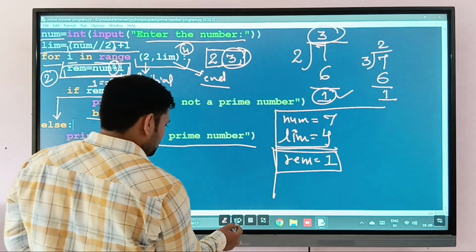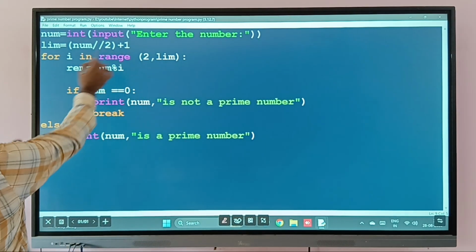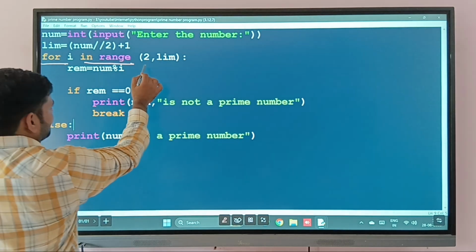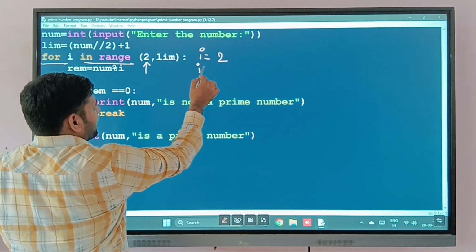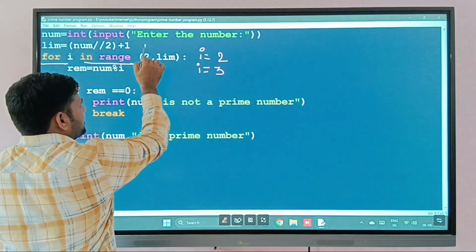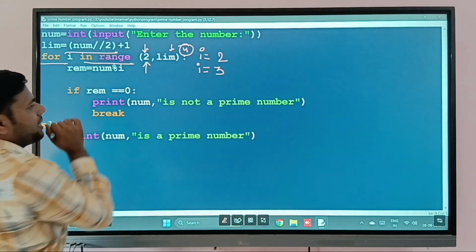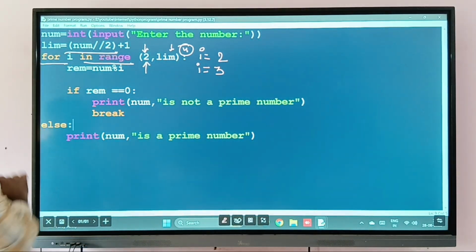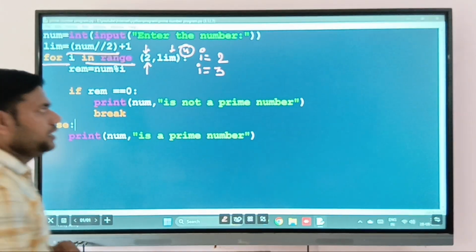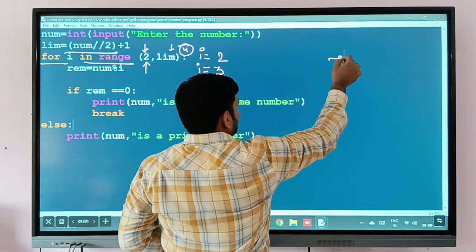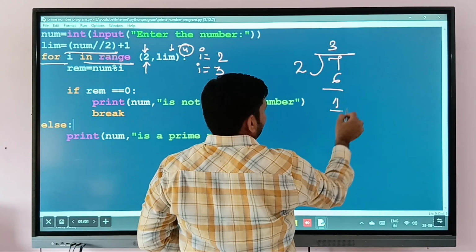Simply what you have to focus on in these things. For i in range, the initial value of i is 2 and the second value of i is 3. It means initial is 2 and the ending is 4. When we solve num floor division by 2, that is 7 divided by 2, 3 2s are 6.